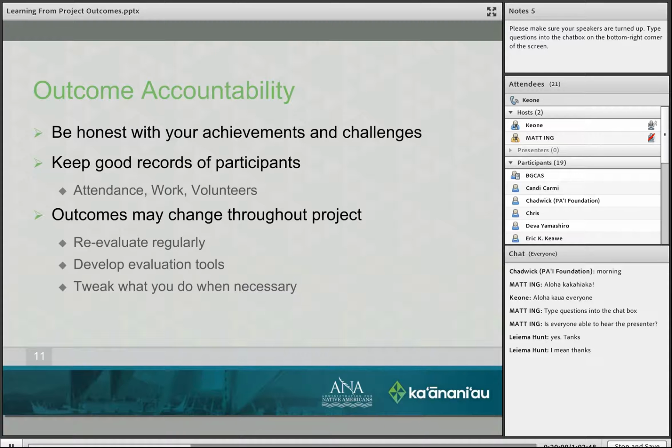You might think, you know what, one of the outcomes that we wanted was to have people go through a process where they can open their own savings accounts.